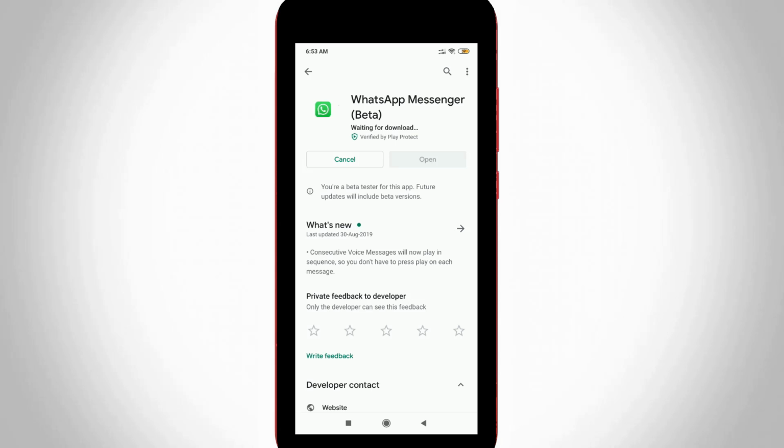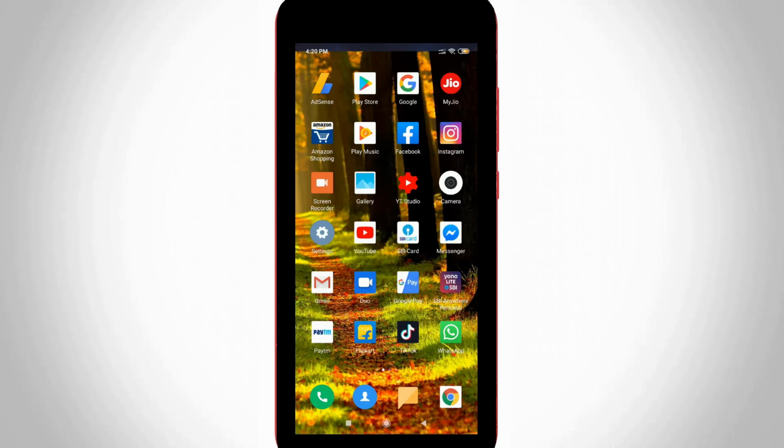So today I tried to update my WhatsApp Messenger application via my Google Play Store, but for a long time it only shows waiting for download and my update is not initialized. So how to fix this kind of error notification in your Android mobile? Other users, don't worry about it because this method works, but the setting location may vary. So how to fix it? Let's go to our tutorial.